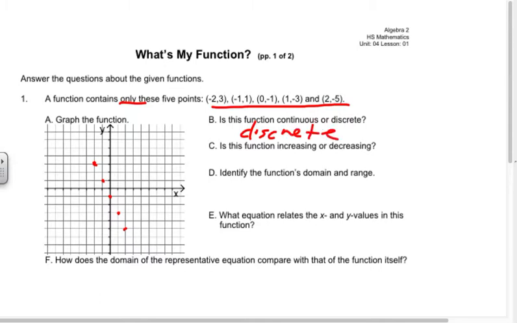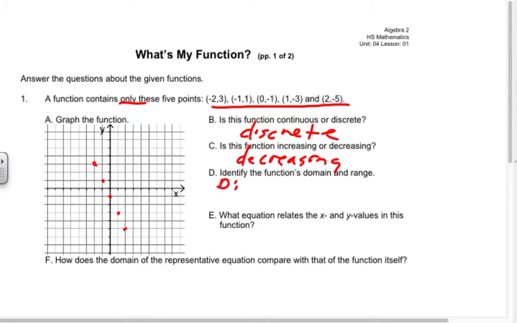The next thing: is this thing increasing or decreasing? Well, as you can see, it's going down, so this will be decreasing. Our y values are going down as our x values are going up. So the domain,